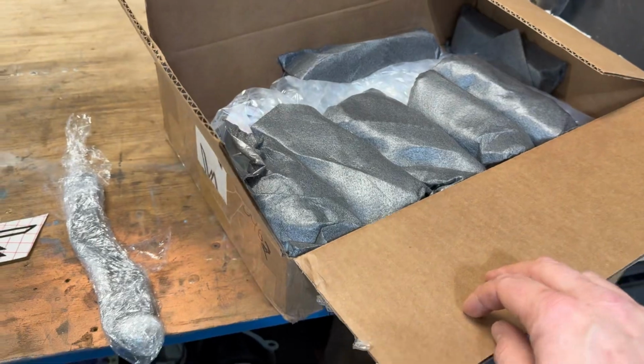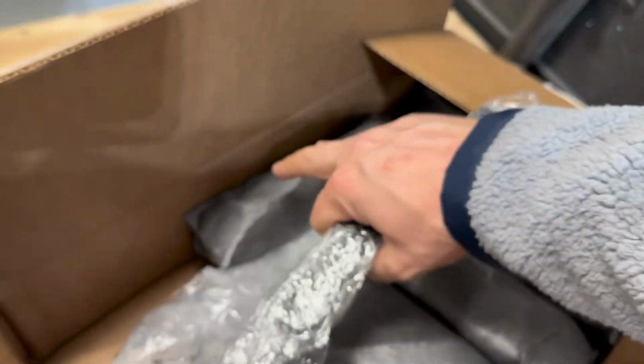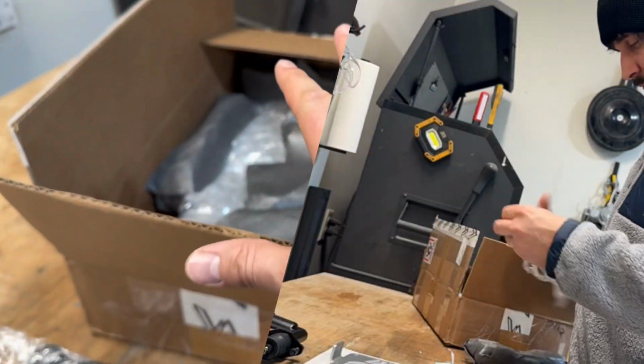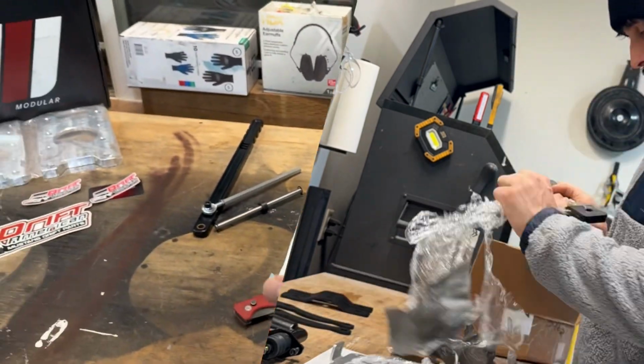This is awesome. Like literally every single part comes double wrapped. This was wrapped in plastic. This had bubble wrap on top of it. Everything is double wrapped. It's not gonna be damaged. It comes quickly. I'm super excited. I can't wait to completely unbox this thing, lay it out on the table, and show you everything else that